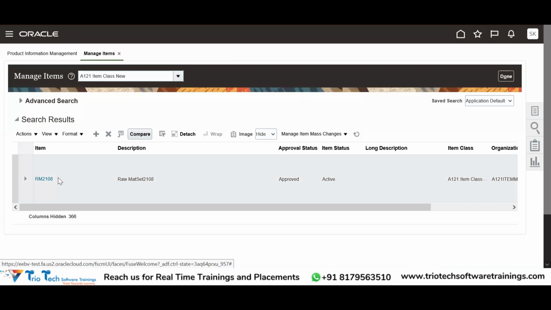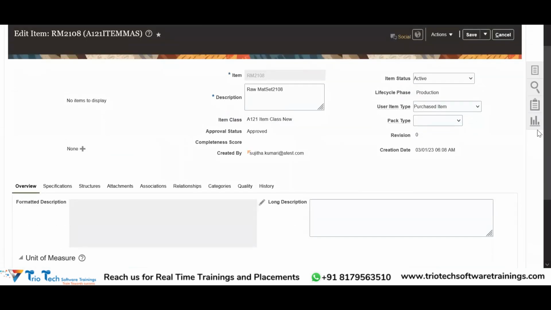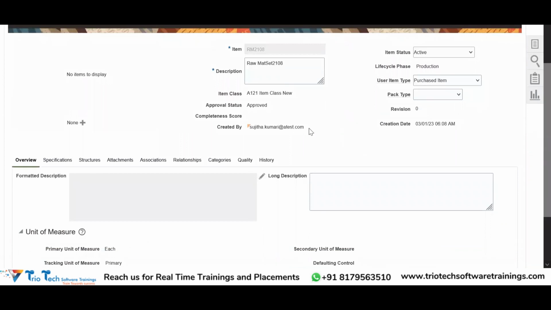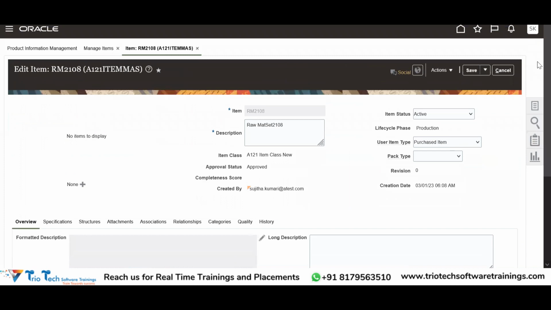See, the system has successfully created this item. See, it was created by this user and the creation date is today's date. And this one we created using FBDI. So this is the way we will create an item. Now if I open the Excel,